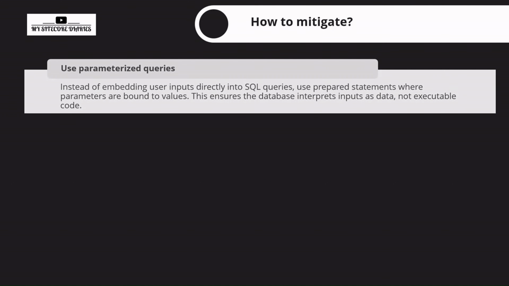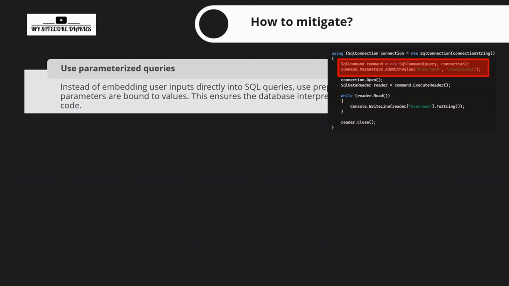So how can we do this with a parameterized query? Just an example here. If you see, we are creating the SQL connection here, and then the command is run, right? So this is how you can create parameterized queries, where you are not building the queries, but you are passing these values, like here username, as a parameter in the command. Okay, so that is how you can do a parameterized query, and which will help you to avoid SQL